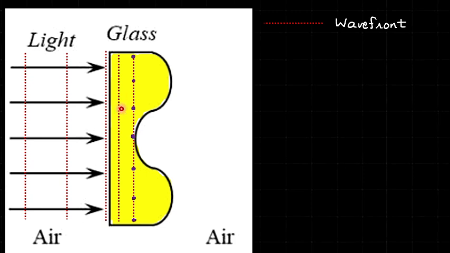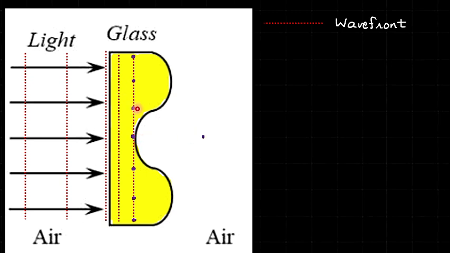So the time taken to come out of the glass slab would be the greatest for this point and this point, least for this point, and intermediate for these 2 points. For a future moment when the ray from this point, say, has reached up to here, some time it has taken. In the same time,